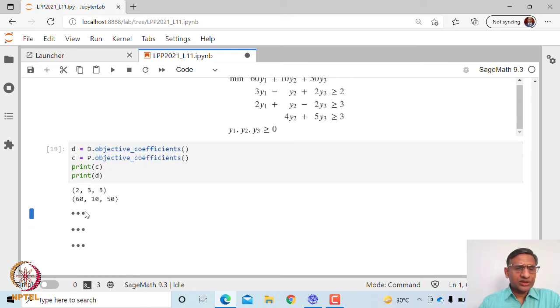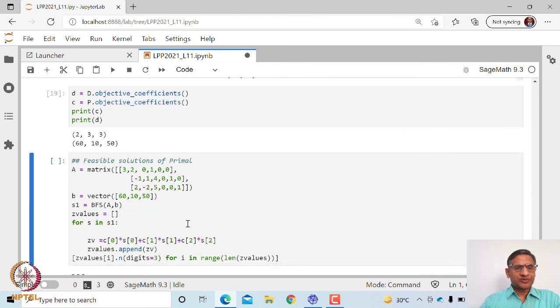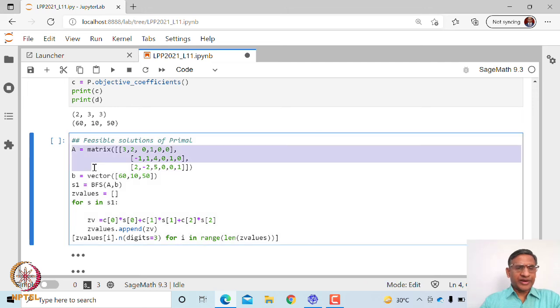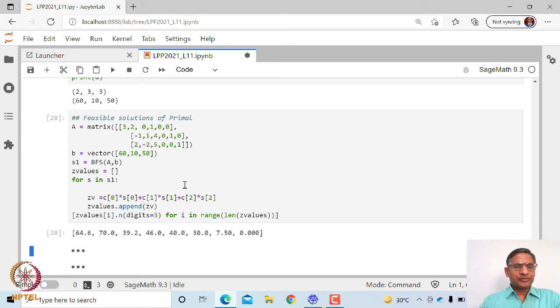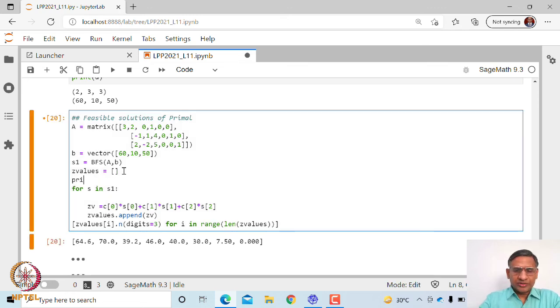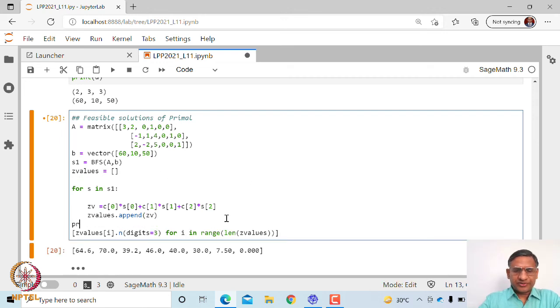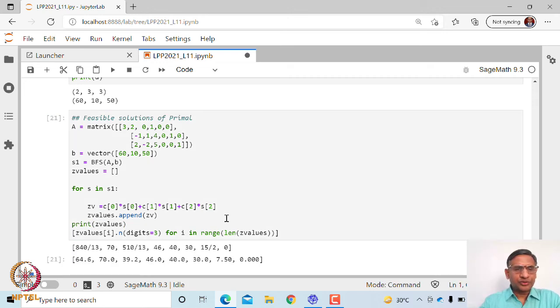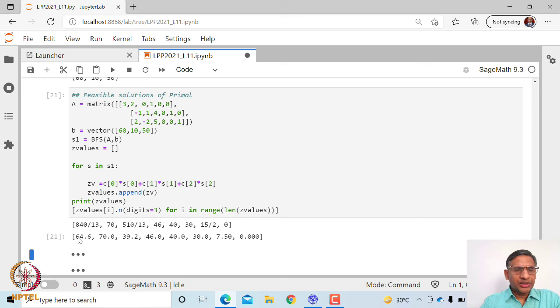So now let us look at, in case we find out all feasible solutions in case of primal problem. So this gives you all feasible solutions. So if you want, I can print what is Z values. Let me say print Z values. So this gives you, there are how many